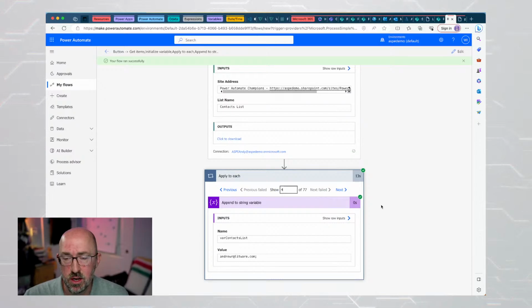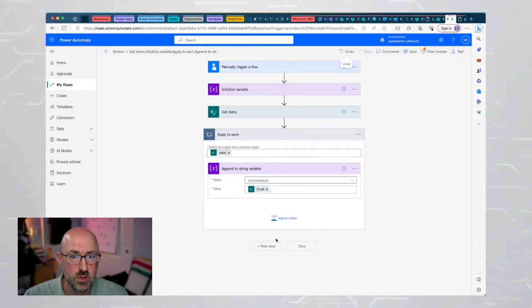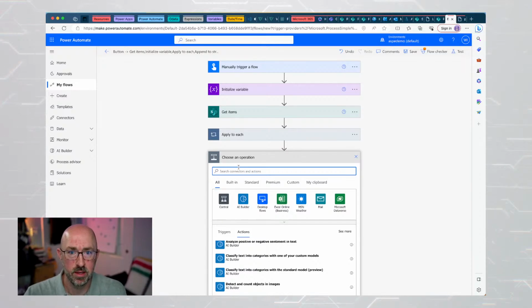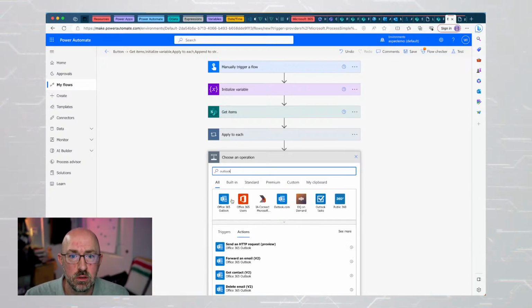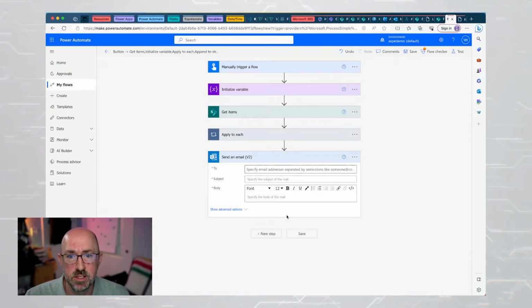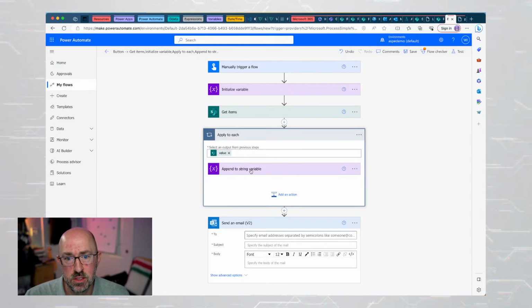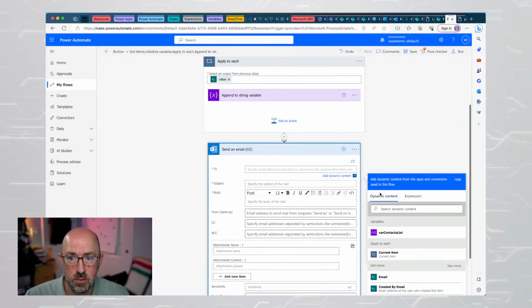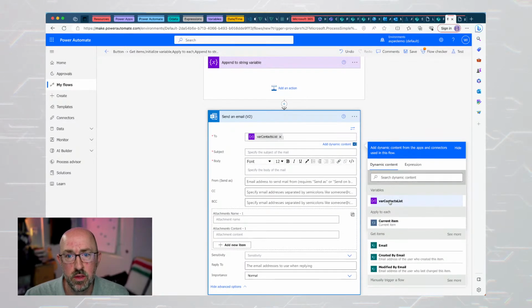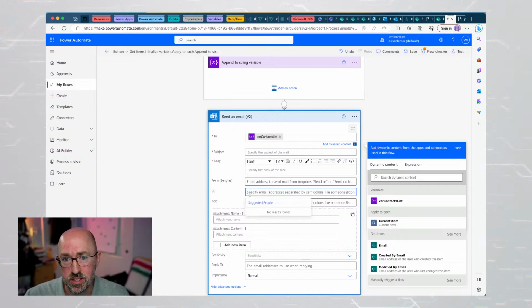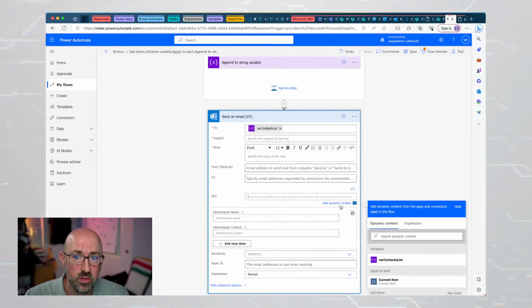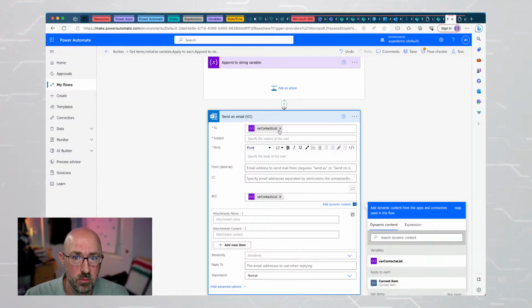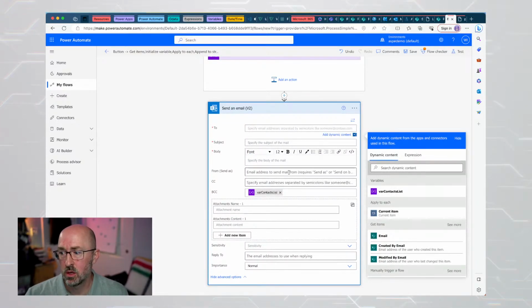So it ran 77 times. And then if we were to go back to our workflow and then go back into our Outlook actions, now we can send an email and we can use the output of this append to string. So for example, I could go into the to field here, dynamic, and I've got that variable that I created. And so I can use that as a way to email those users. Or if I don't want everybody's name to show up in it, I could do a BCC with all of that information,